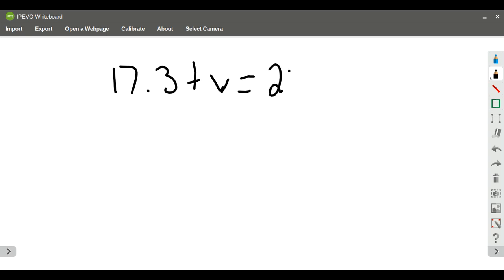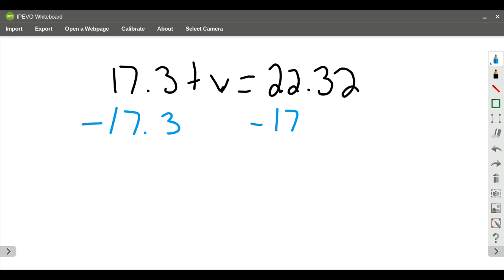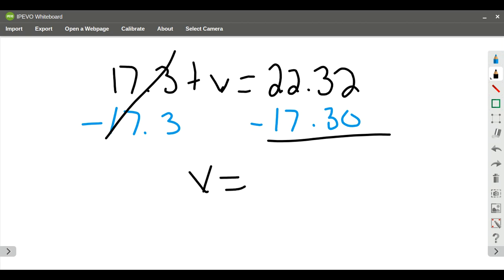equals 22 and 32 hundredths. So the inverse operation is going to be to subtract 17 and 3/10 from both sides. And so here I'm just going to add my placeholder. And again, these guys cancel out because I'm taking a positive number and I'm subtracting the same value, so it's going to equal 0. So V is going to equal 2, 6 decimal, 7 and 2 is going to be,